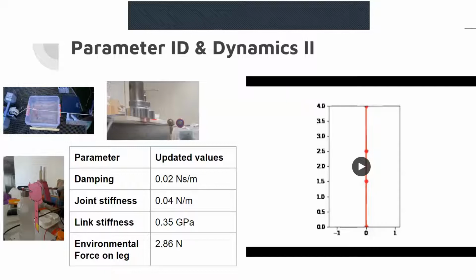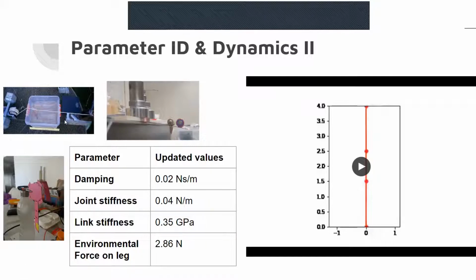So, to find out the link stiffness, we have taken a laminate that we used for the prototype, and we attached weights to one end of it and measured the deflection. To measure the joint stiffness and the damping coefficients, we used the tracker software, and